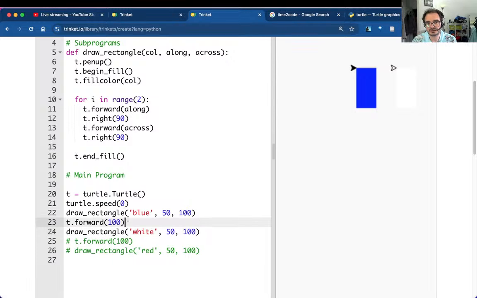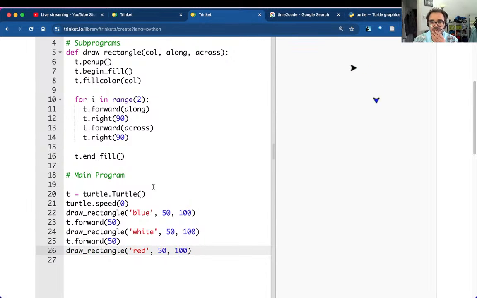Huh. Forward along, 90, forward across, right 90, then it does it again. And it's going to come here by right 90. I don't understand why I do. Oh, sorry, it's a forward of 50, because now I've changed the size of my rectangle but not the forwards. That's why I've got this space. That's just confused now. That makes more sense. And now,